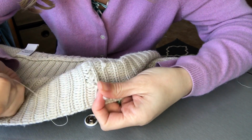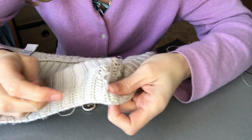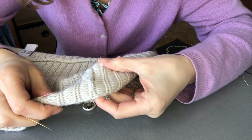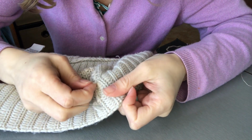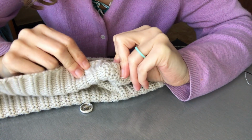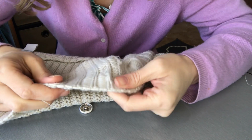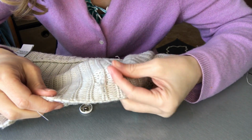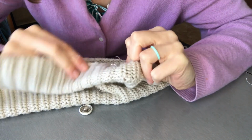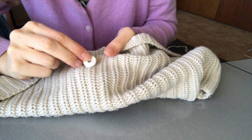So when I took off the button, I actually discovered that right underneath the button there was a big need for repair. You can see it's happening there too. I don't know what's going on with this piece of clothing, but for some reason the yarn is just unraveling. So anyway, I've done that, which you just watched me do, and now I'm gonna add this button